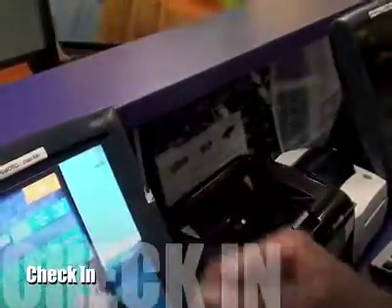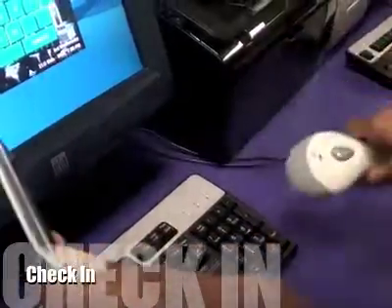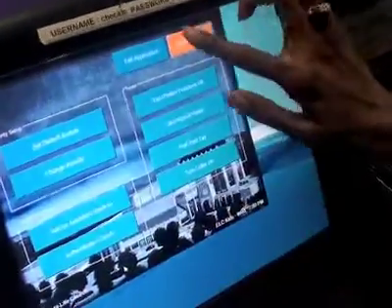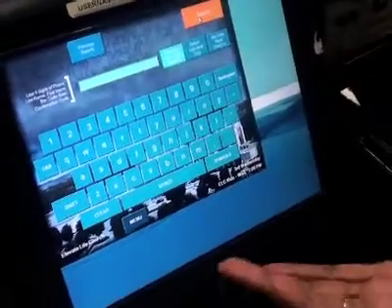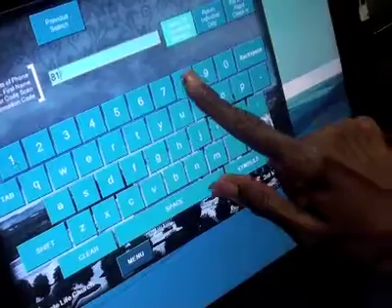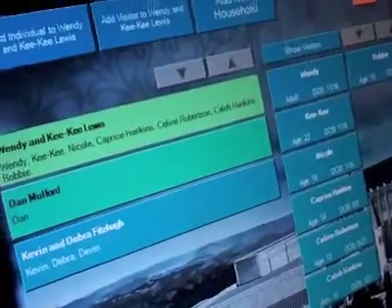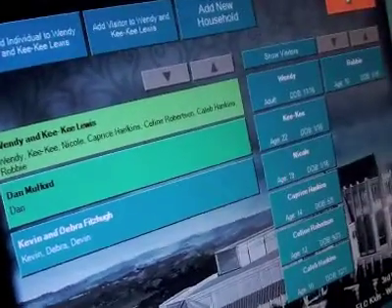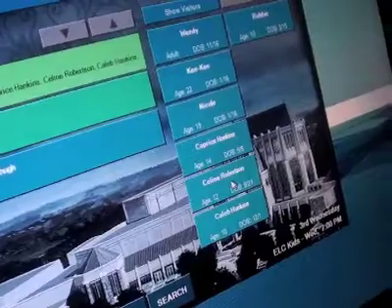If they have a speed pass, then we will scan the speed pass. See, this one hasn't been assigned, therefore it didn't come up. So the next thing I would do is ask the parent the last four of their telephone number, and if it's, for example, 8183, then search for the parent, find out exactly who it is that I'm checking in, and they will say you're checking in Celine. So then I would know this is Celine, so select Celine,